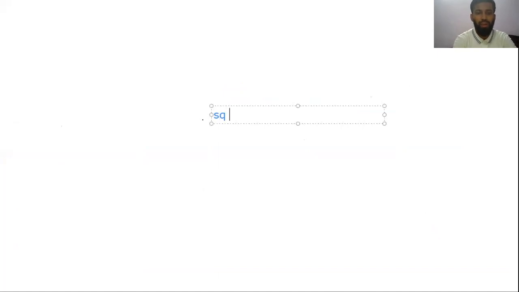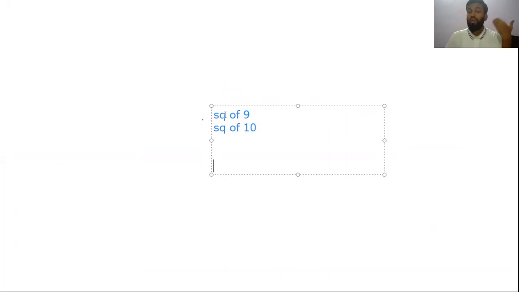The first question says, we have a square of 9 and a square of 10, and we need to find all the numbers that lie in between these two. So the direct answer is double of the smaller number. Here, out of 9 and 10, 9 is smaller, and therefore the answer would be double of 9, which is